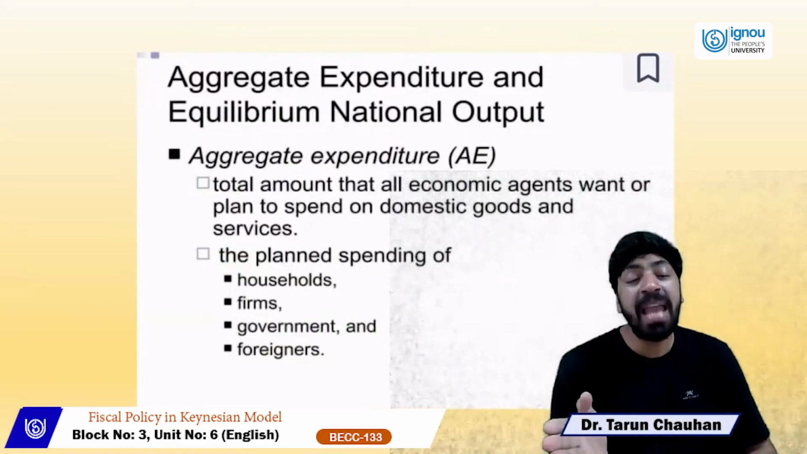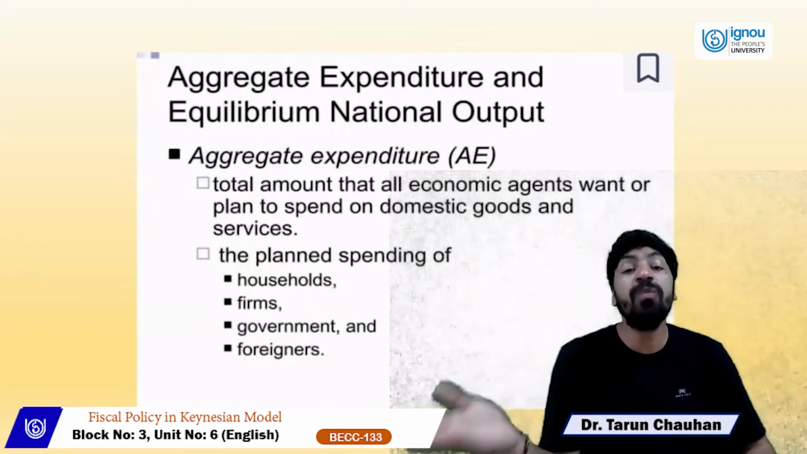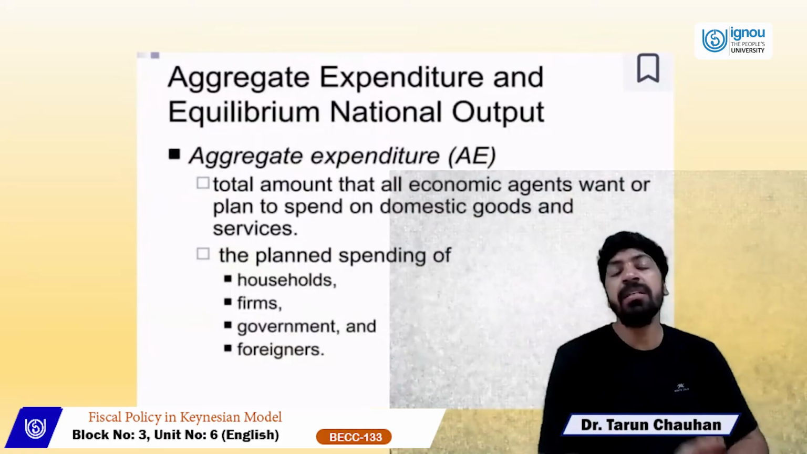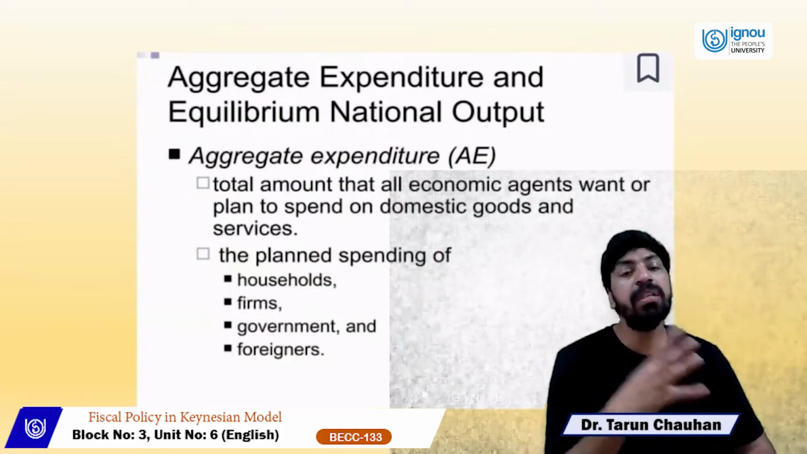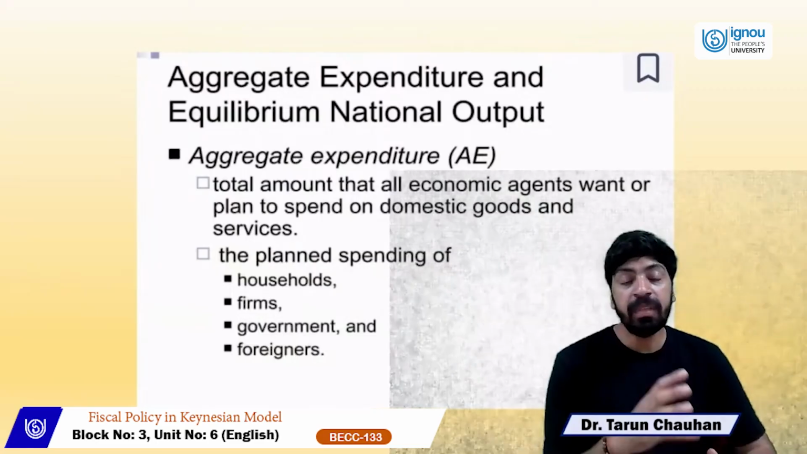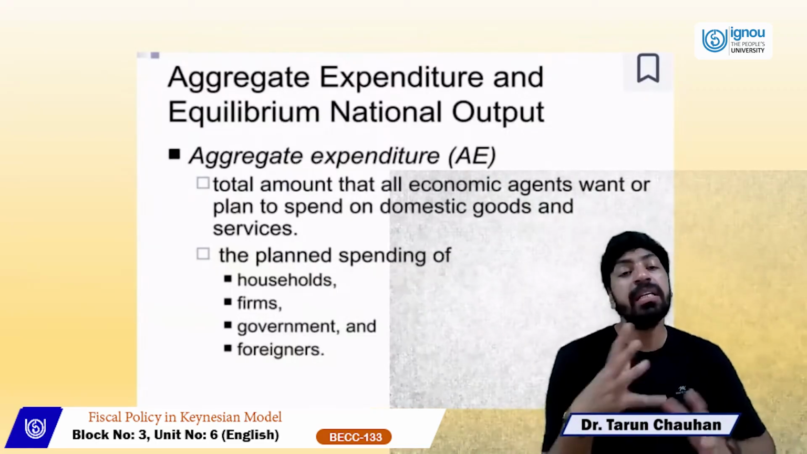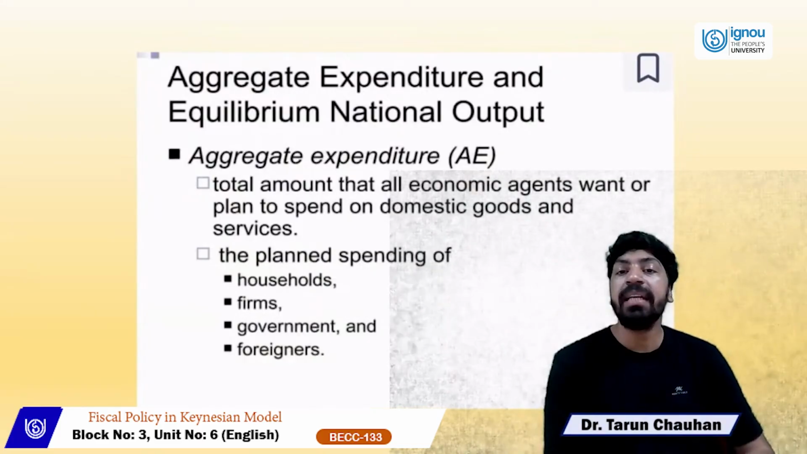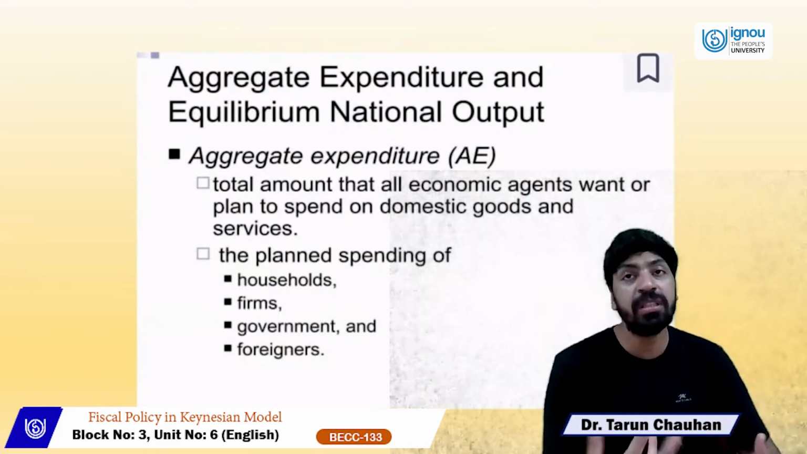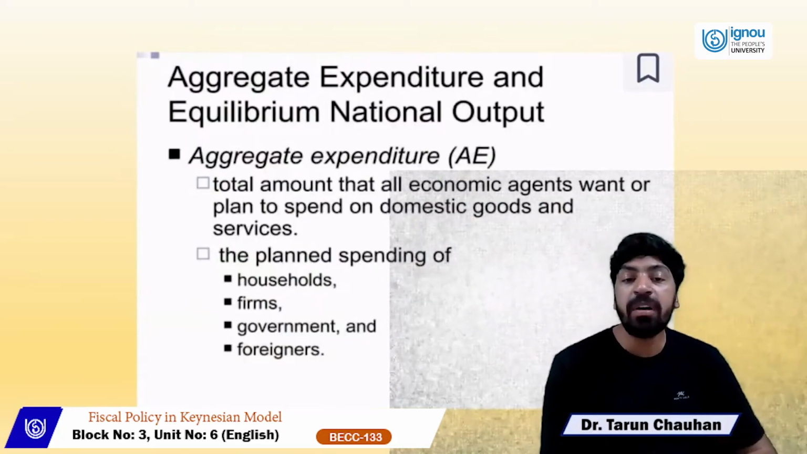plan to spend on the domestic goods and services that they are willing to buy, and that's called aggregate expenditure. So it's the total amount that all the economic units need to buy, in terms of domestic goods and services. That's called aggregate expenditure. When we talk about the expenditure, the planned spending is related to the households, firms,